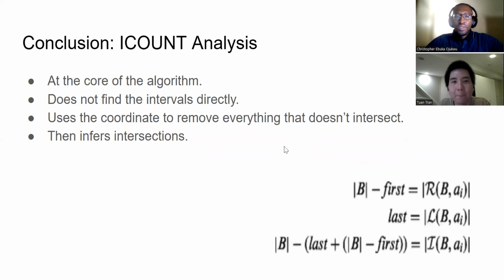And concluding on the I-count analysis, which is the core function of the algorithm. We saw different iterations of the algorithm to solve different problems. But for all iterations of the algorithm, what remains constant is the I-count. The I-count helps to find the intervals directly without actually counting the intervals by using the exclusion method. And just by using the coordinates, we're now able to infer what the match is and count the problem. So thank you so much